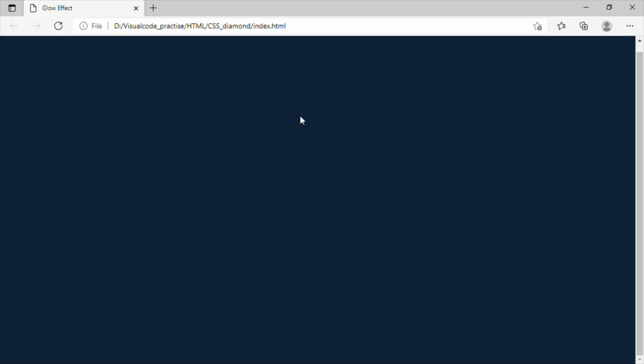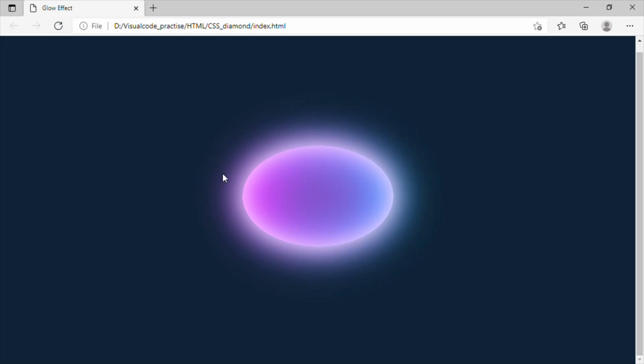Let us see how it is looking in the web page. In my web page, I am going to refresh it. We are having the oval glowing effect which is done only with